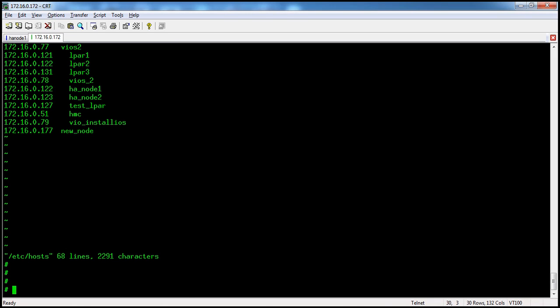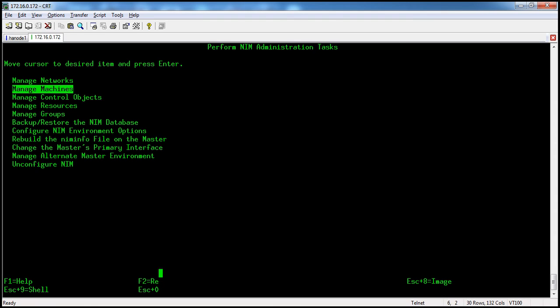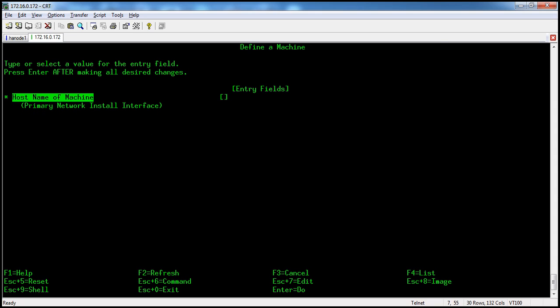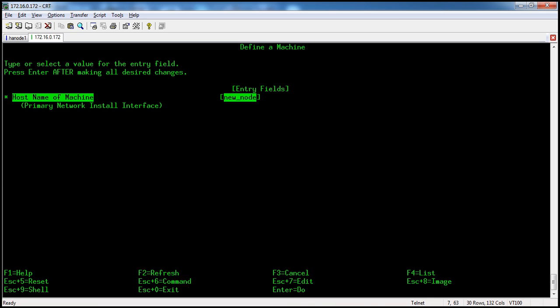Now I'm going to define the NIM client. Type smitty nim, go to Perform NIM Administration Tasks, Manage Machines, Define a Machine. Here we need to type new_node, which is the host name, and press enter.